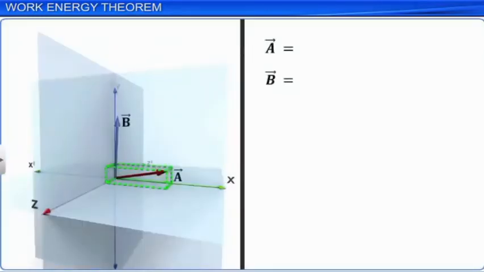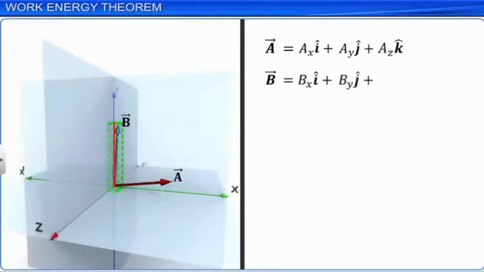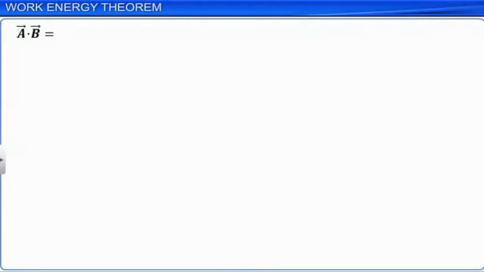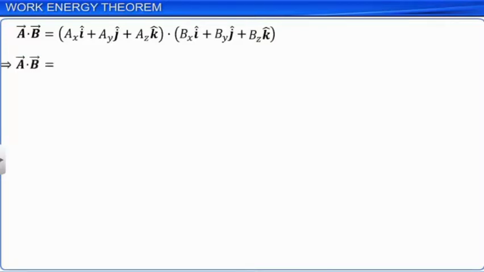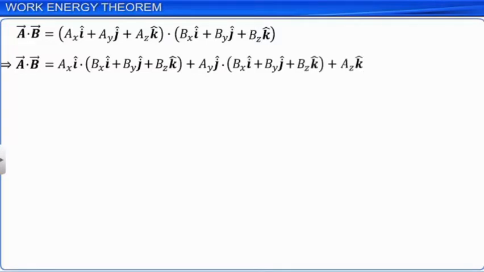If two vectors A and B are expressed in terms of their components along coordinate axes Ax, Ay, Az, Bx, By, and Bz respectively, then A dot B is equal to (Ax i plus Ay j plus Az k) dot (Bx i plus By j plus Bz k), which is equal to Ax i dot (Bx i plus By j plus Bz k) plus Ay j dot (Bx i plus By j plus Bz k) plus Az k dot (Bx i plus By j plus Bz k)